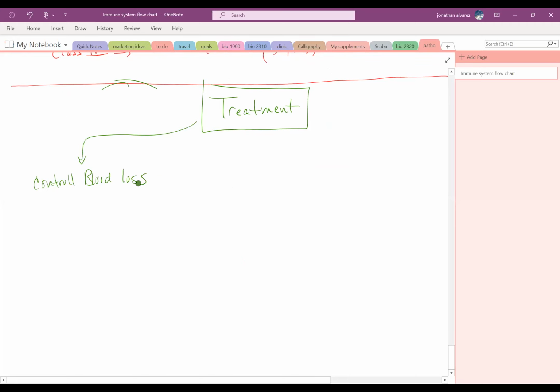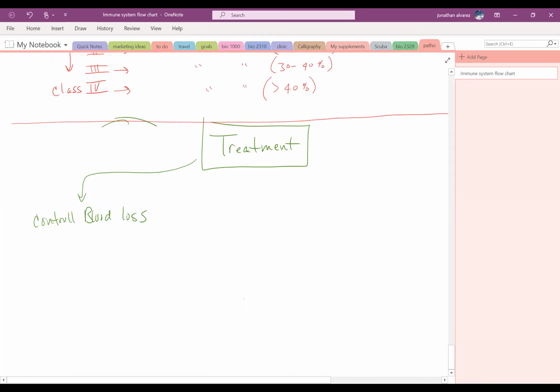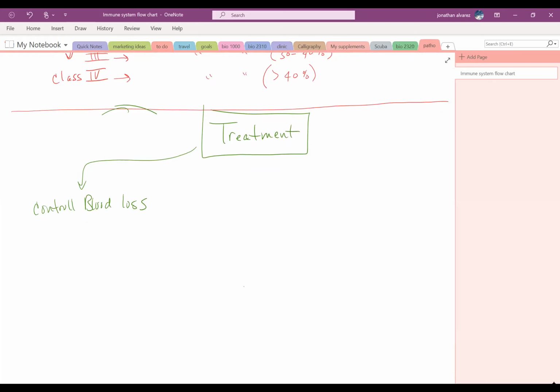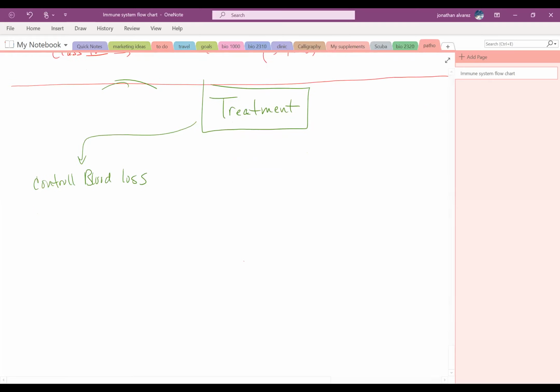And then we'll come back and do some signs and symptoms. Should have done signs and symptoms first, but that's okay. So treatment would be to control blood loss,